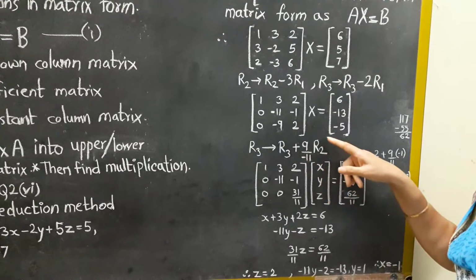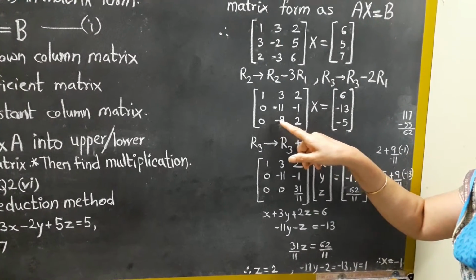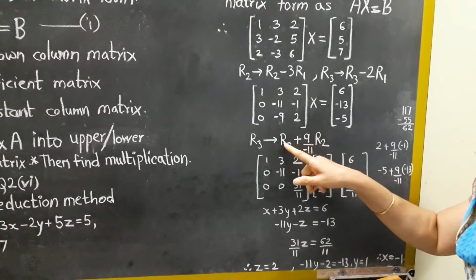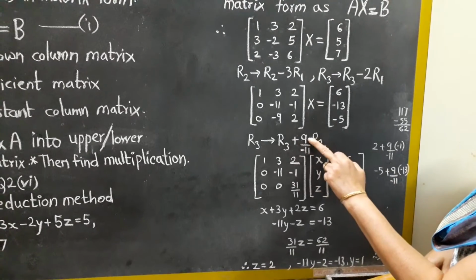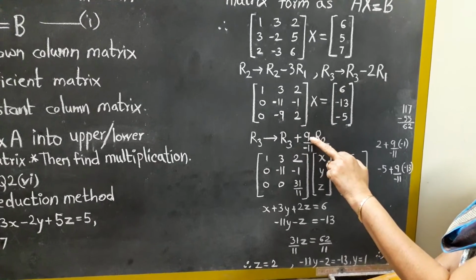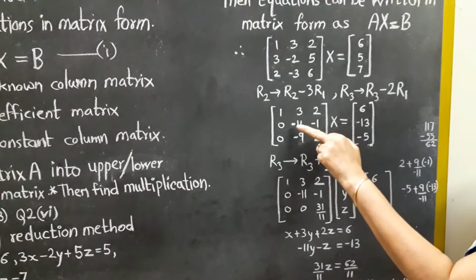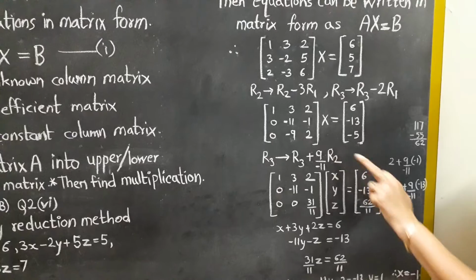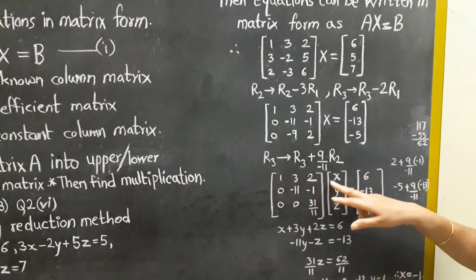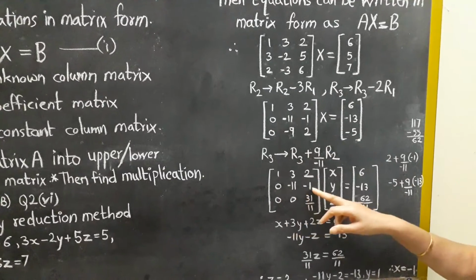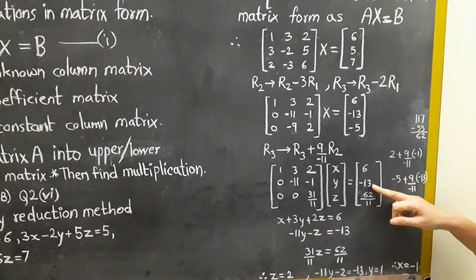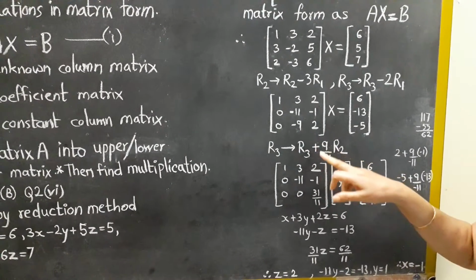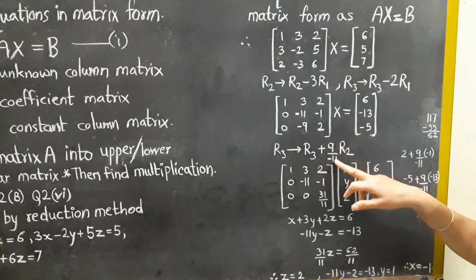Now when it becomes 1, the trick is same. What will be k is the opposite of 9, -9, which is +9. So that is why I am writing R3 plus 9 times the opposite of this, 9 times divide by -11, because I have to get here 1 indirectly, multiplied by R2. Now we will write the first row, second row as it is, here also as it is, only R3 minus 9 upon